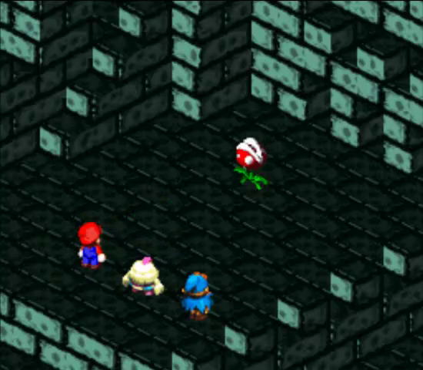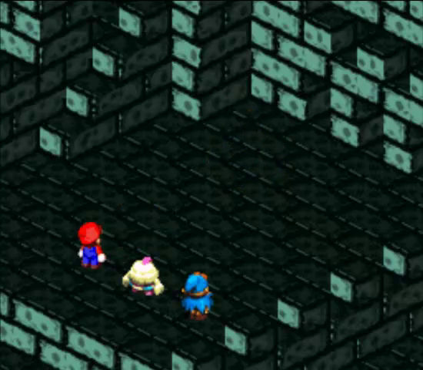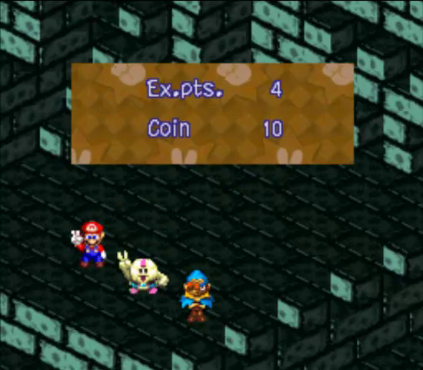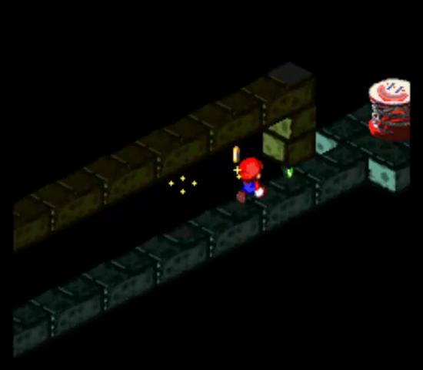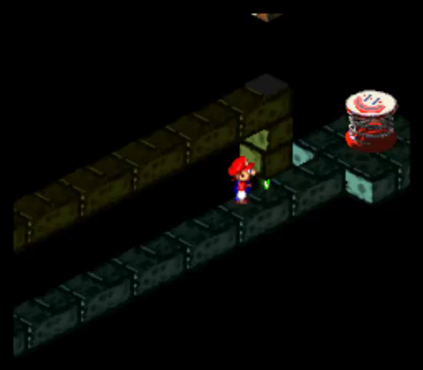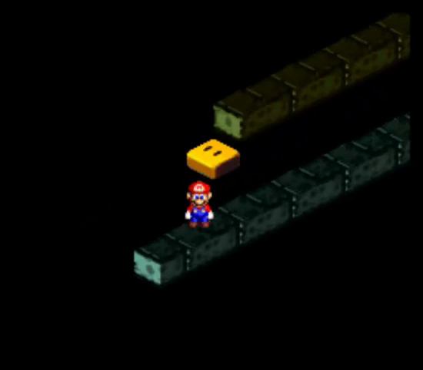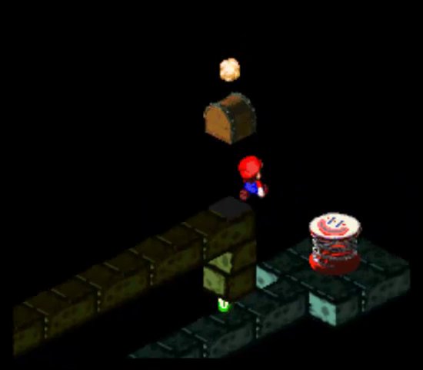That was called not a timed hit. Or not a very well timed hit. Okay, now, I don't know how exactly you're supposed to get that frog coin. Seriously, does anybody know? If you do, why don't you tell me? You can't duck in this game, so...